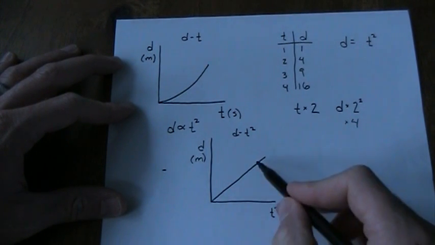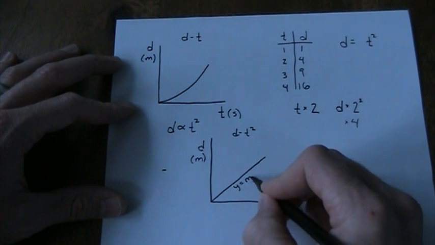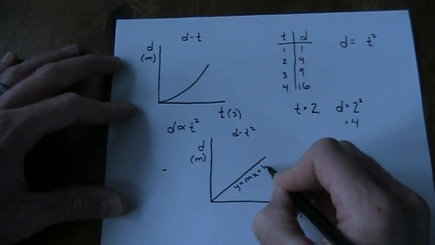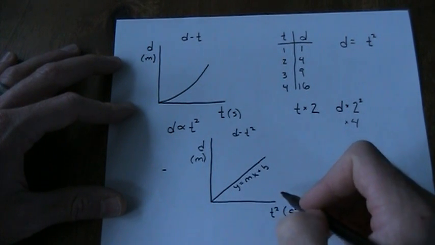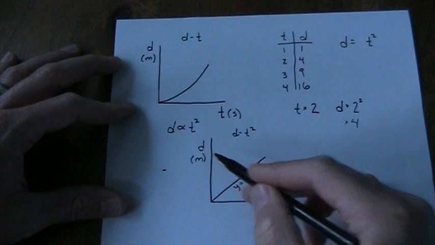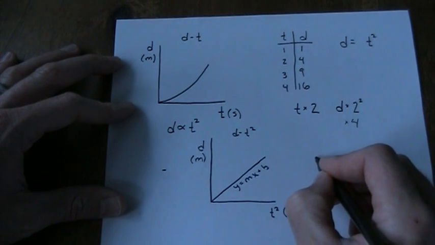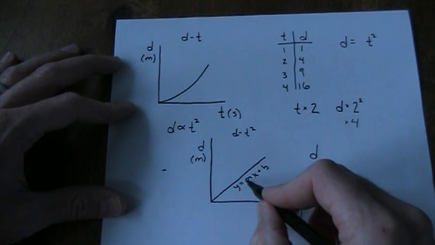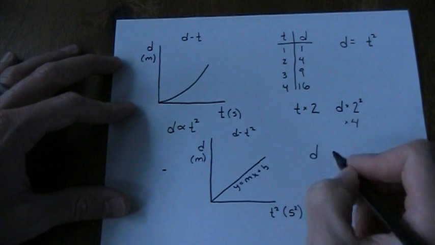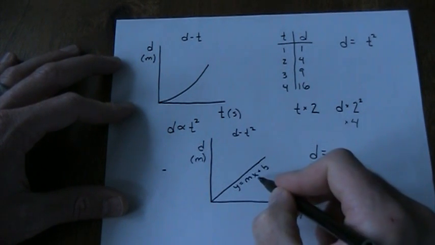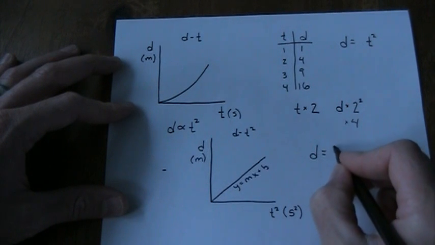Now, if I'm lucky enough to get a straight line, I know that a straight line is y equals mx plus b. This is my mathematical equation. What I'm going to do is replace it with the variables in my graph. Y is position d. Slope is going to be a value calculated by our computer for us. X is time squared in this graph,